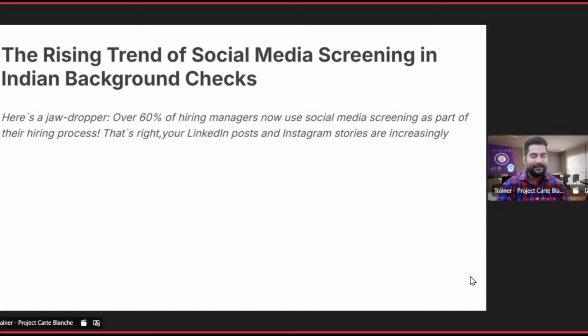So what is happening here is this: they check whether, for example, some controversial post is there, and whether a student is in that controversial post. Today, as of now, when a job is happening, the applicant has to fill in the application form, and in that they have to attach their LinkedIn profile and their social media handles, whether Facebook or Instagram, and all those things. Even the Google page, the GitHub page, and everything.